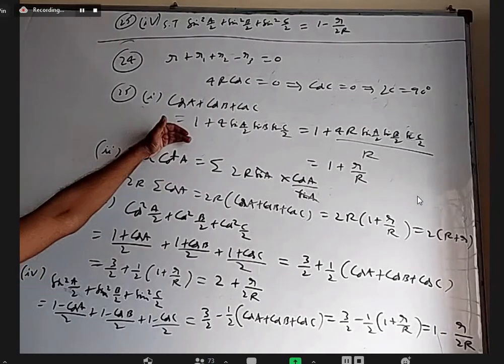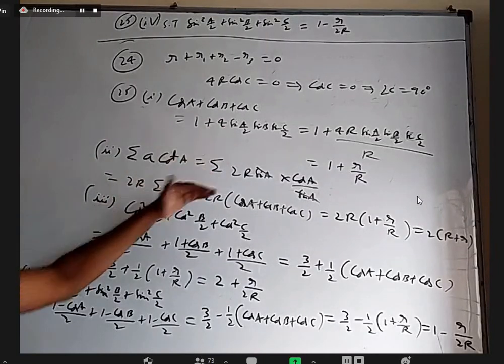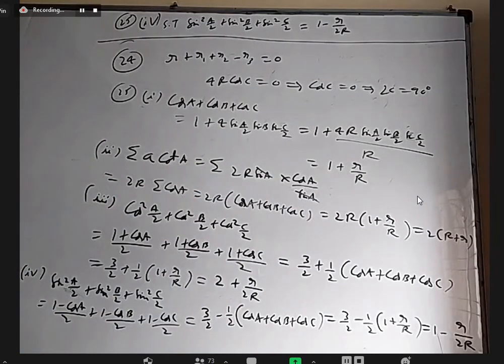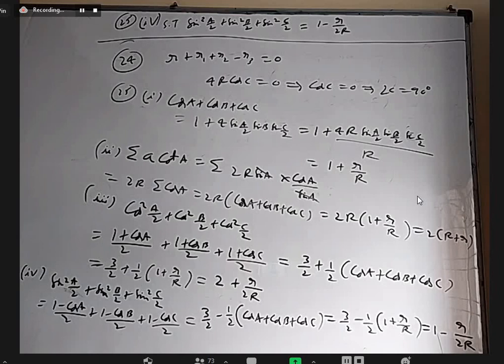Okay, so we proved only one; that too we did not prove this result, we proved it earlier, so I just used it. And the same thing is used in the next 3 questions. Sir, I did the fourth one, sin square A by 2 as 1 minus cos square A by 2, and I used the third result, sir. Okay, anything is okay. But if this question alone is given in the exam, it is better to write in terms of this. Yes, sir. Right now, anything is okay.